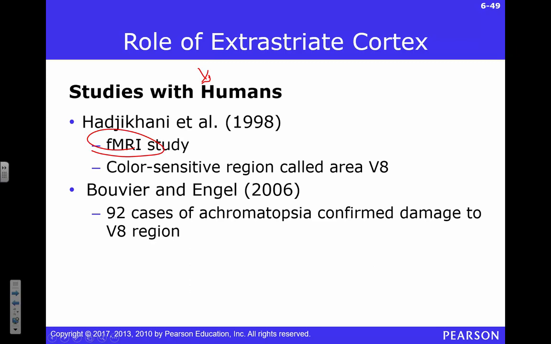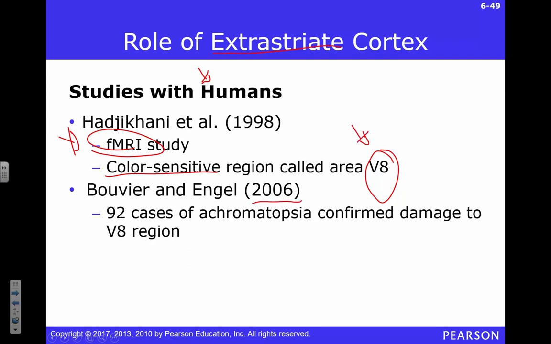So here's a couple of studies where folks were looking at an area called V8, and they actually figured out this is the color-sensitive brain region, right? This is one of those higher order extrastriate cortical regions that handles color vision. So they gave folks an fMRI. You sit there, you look at colored images, and then you look at images that are monochromatic, and then you subtract off which areas are activated both times, and whatever you're left with, those are the brain areas that are active or responsible for processing color information. So they labeled that as V8.